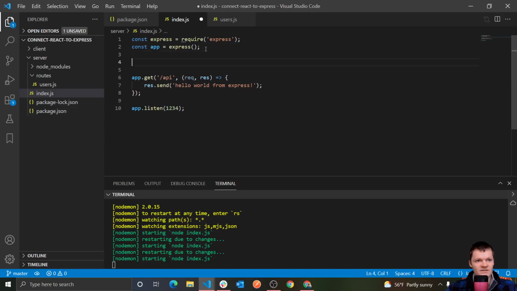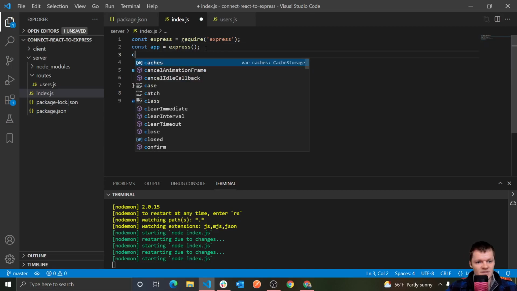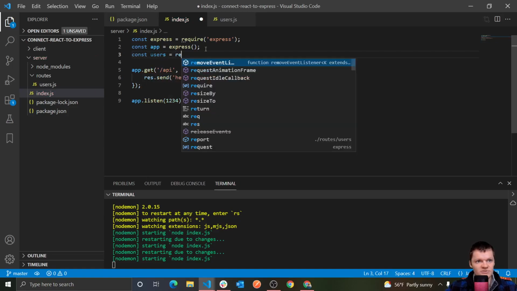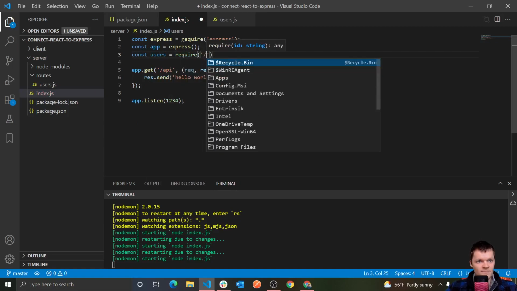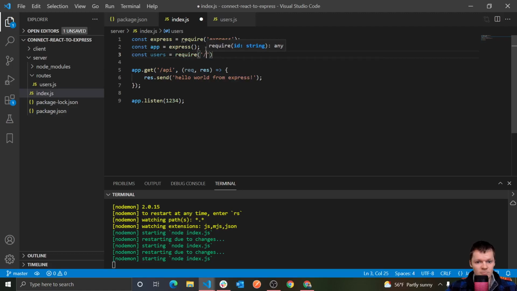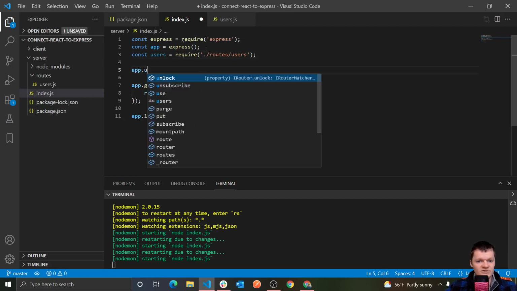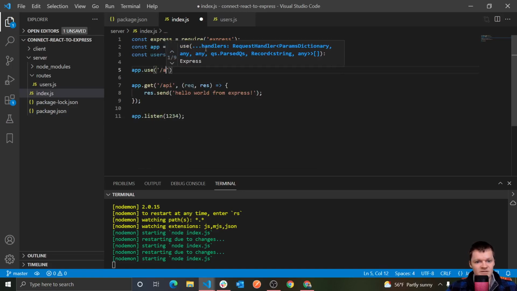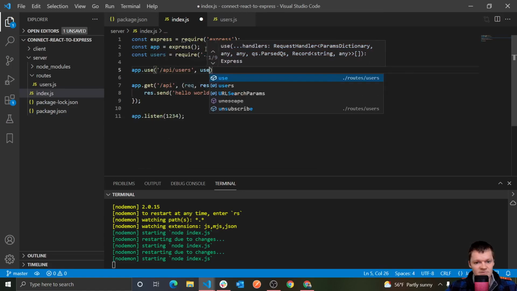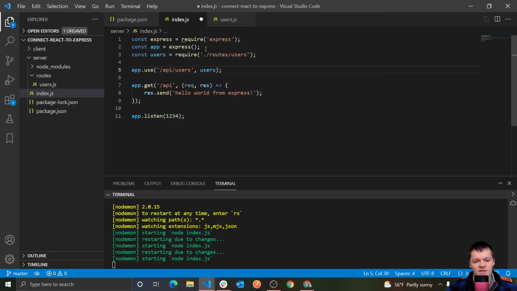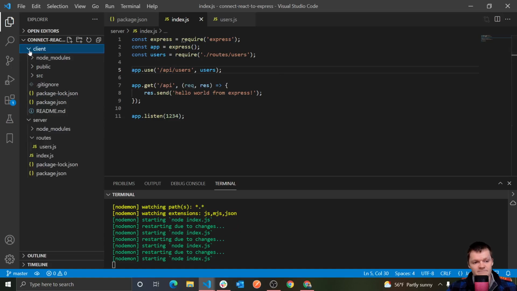And the way to register it is we are going to register it as global middleware. You'll see more of this in a second, but we're going to first make a variable called users, which will be our, what was it, dot dash routes, which will be our users route, which is here. And then we're going to register it as global middleware on dash API dash users, and then we'll pass in users here. So now, whenever localhost 1234 dash API dash users is accessed, the JSON object that we created here will be returned as a response. And of course, that will be what we'll parse up here in our React